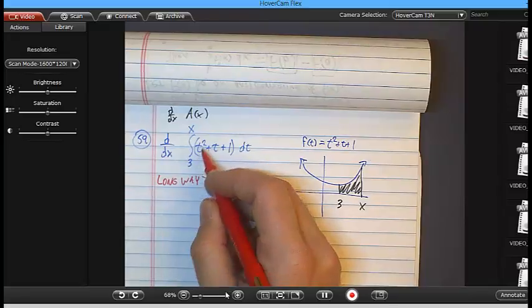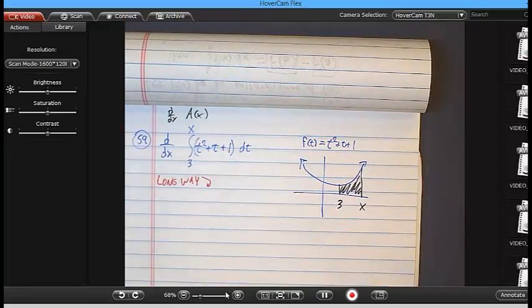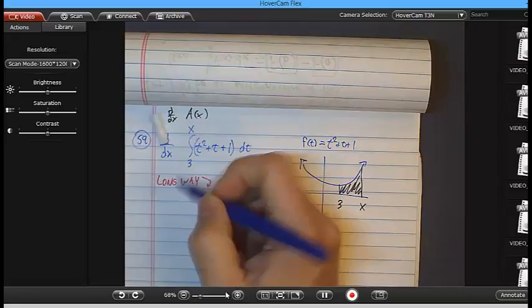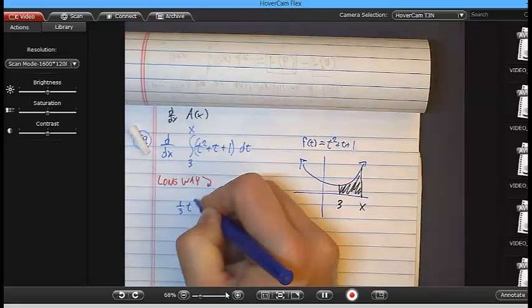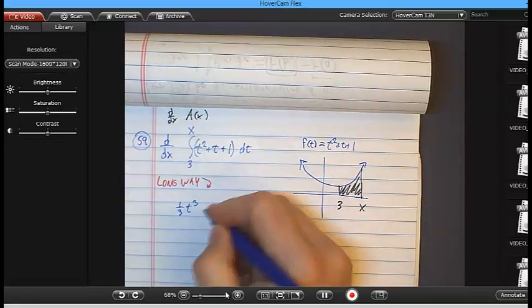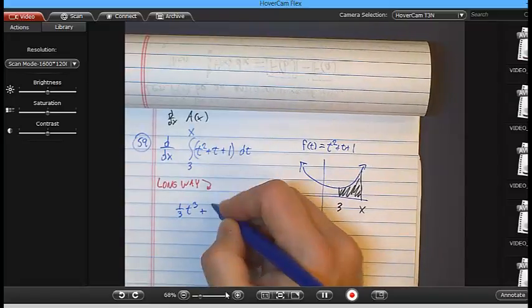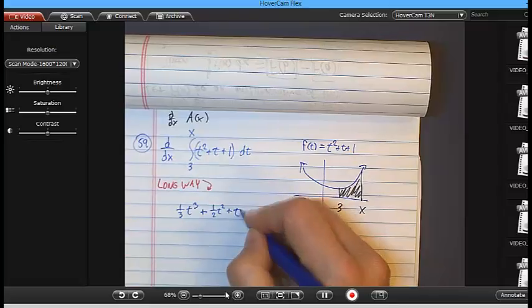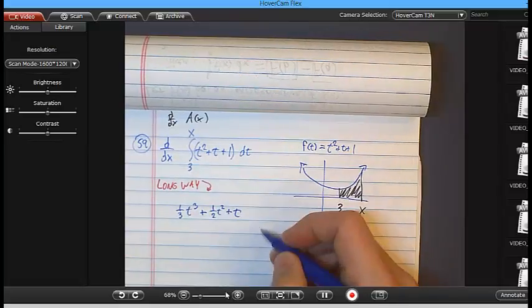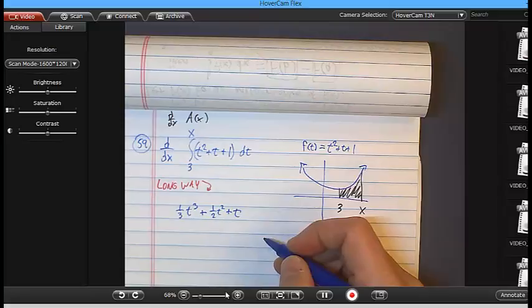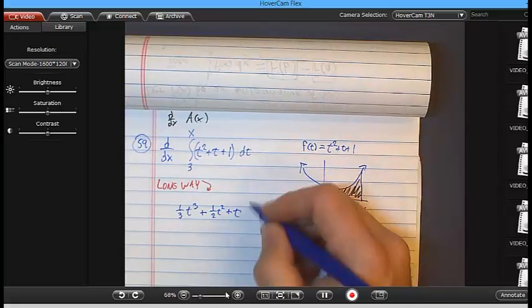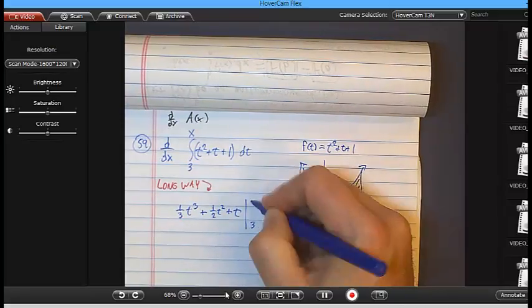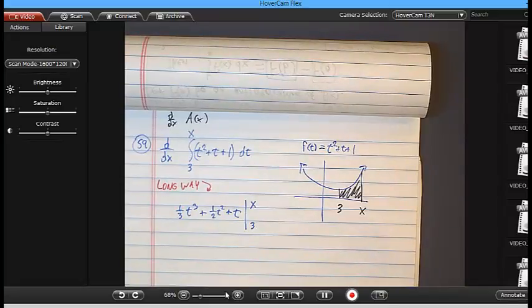Well, t squared becomes 1/3 t cubed plus what? 1/2 t squared plus t. Now normally we'd put plus c, but you may remember I said, hey, we don't have to do that. We're going to draw the line and we're going to put 3 and we're going to put x, right? You guys with me on this? And so then what do